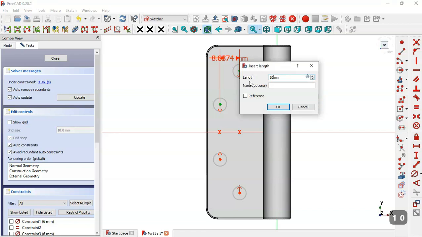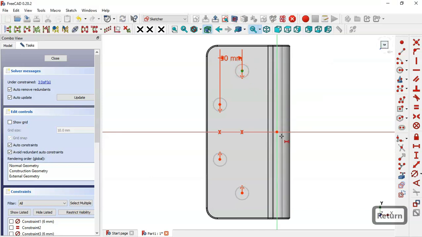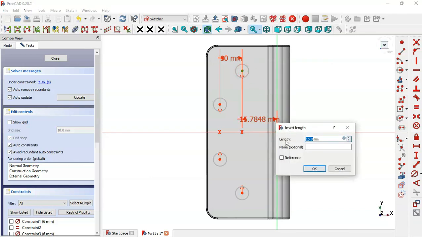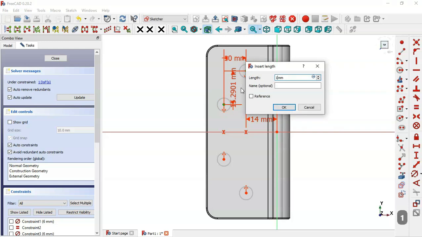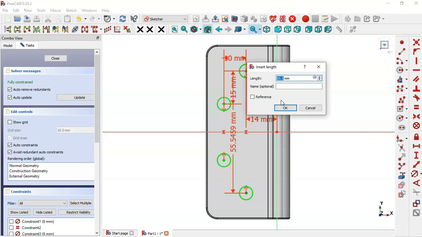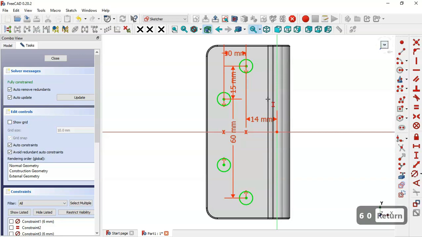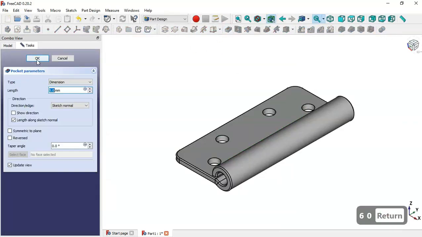I set a distance of 10 millimeters, and now I switch to section view, and I select the center point and this origin point, and I set 14. Okay, and next here I will set vertical distance, so I select this tool here, and now I select these 2 circles, and here I set a distance of 15, and now the distance between these 2 circles I set 6. Okay, and now I leave the sketch, and I create a pocket here, and I say okay,